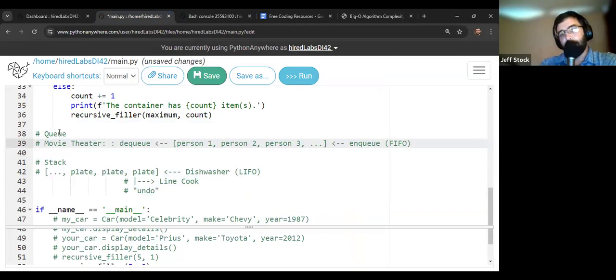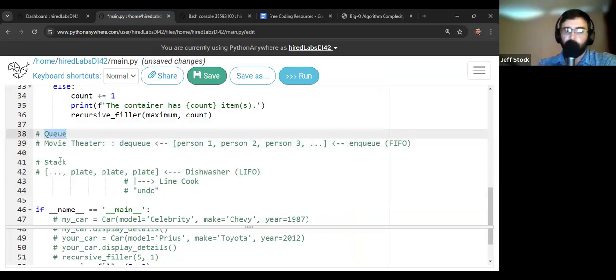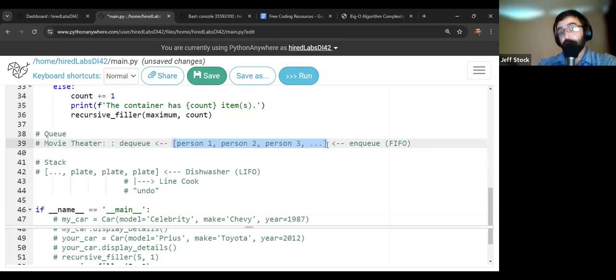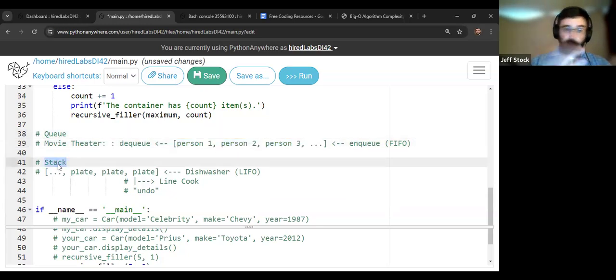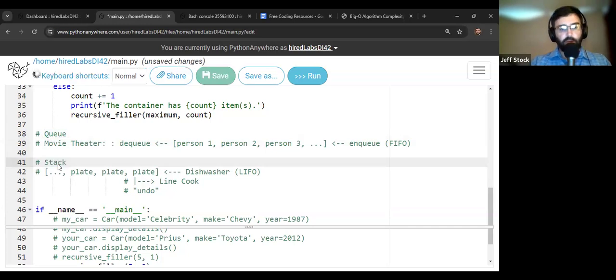Because again, implementing an actual queue in Python would take probably more than our time together because it's a little bit complicated, and implementing a stack would take a little bit longer than we needed to as well. And they don't look substantially different from a list. That's the other thing. When you actually write these things in code, stacks and queues don't look all that different. So going through the implementation is less important than understanding what they are theoretically, so that you know what a queue versus a stack versus an array is. That knowledge is important, to know what they are and know why you would choose one versus another. Aurelius, what do you got?